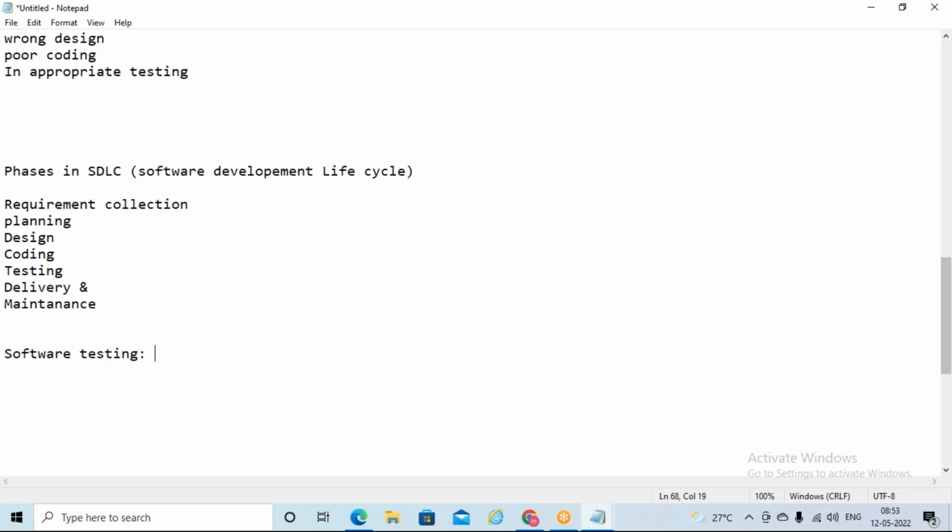Software testing means what? First, requirements will be given. Okay, design specifications will be prepared. Coding will be done. Before that, it is all documentation. Whether the documents are correctly prepared or not, that also we need to check, right? Okay, so it is a process of